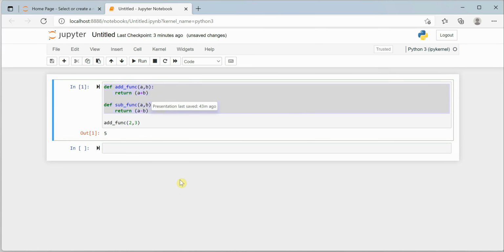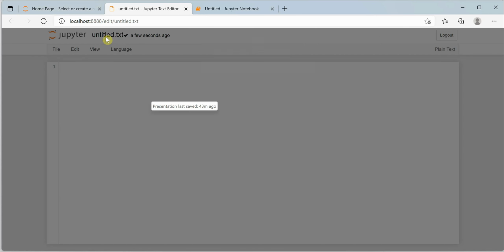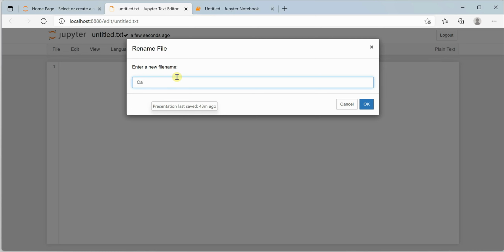Good practice says that you should segregate your code in such a way that each function should perform only one task, and each file should have only its relevant functions, right? So what I'm going to do next is create a new file and name it calculations, which will hold all these calculation functions. So let's go ahead and quickly create a new file. I'm using the Jupyter notebook for that. Here you need to select the text file. And first of all, let's rename this text file to calculations.